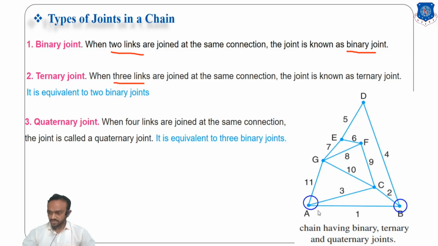Three links, three links, three links. So all these joints are known as a ternary joint because three links are connected. When we want to find which type of chain this is, we have to calculate the joints. But when there is a ternary joint, we have to count it as two binary joints. One ternary joint is equal to two binary joints. Okay, and if